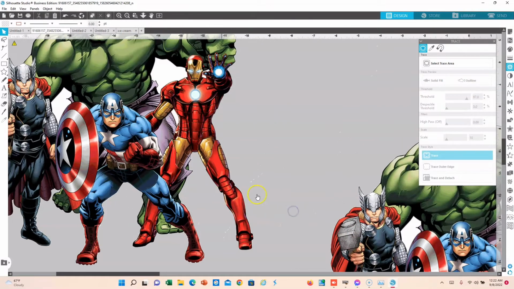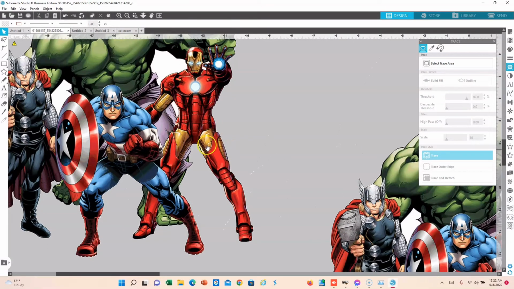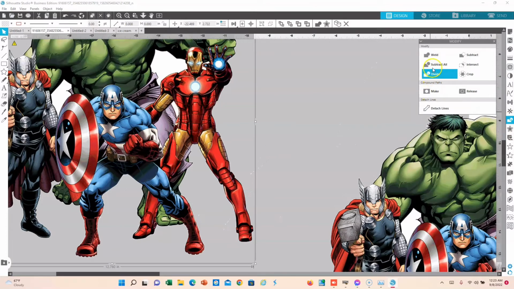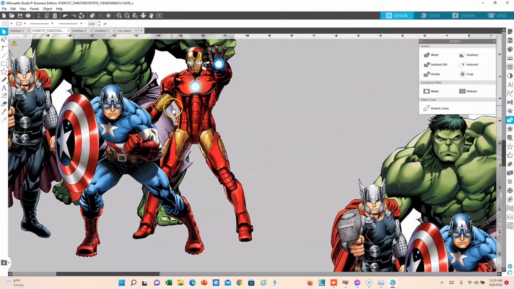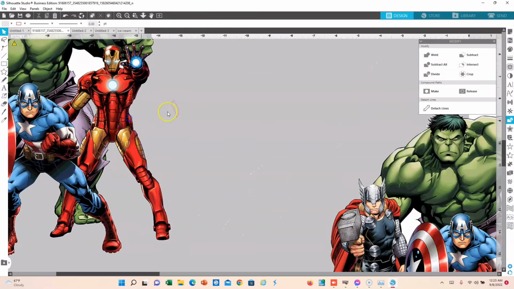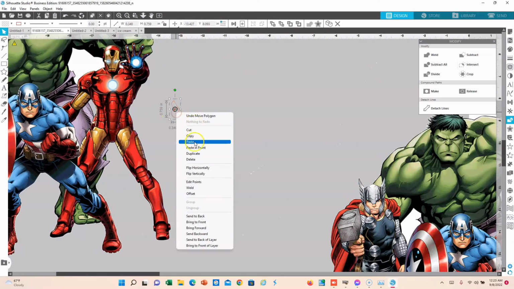Okay. Sometimes you see all of this white that's around. Sometimes that makes it a little bit funky when we're trying to get rid of it, let's just say. So we just want to highlight and make sure we get this included, and then say trace, and we're going to do subtract all. And then you see, by doing subtract all, all of a sudden this turned gray. It actually turned this color because it allowed us to get rid of the white. So now we delete this,